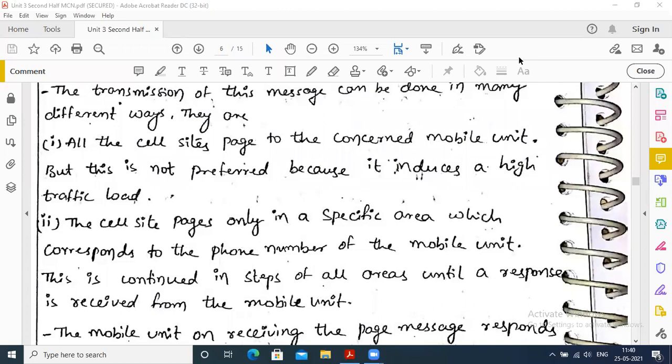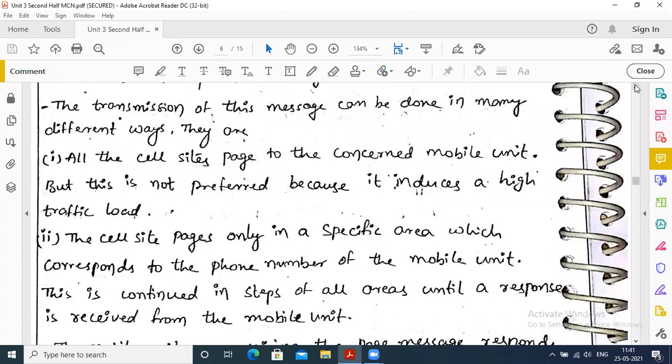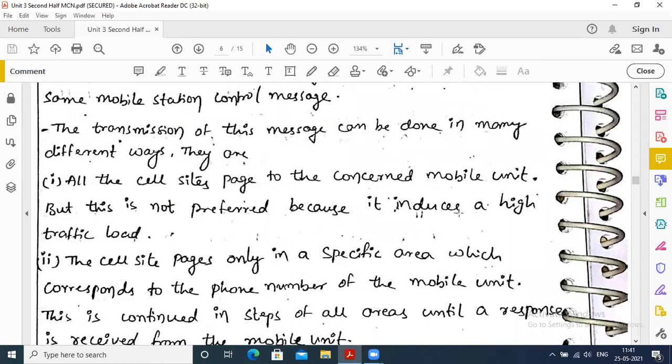Paging means, before the setup, if you initiate a call, the call has to be set up. So paging contains control information.